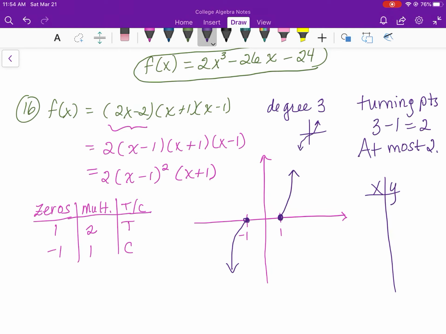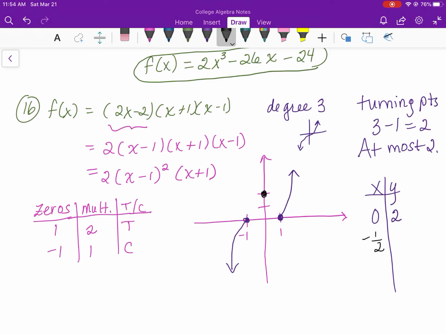If I choose 0 for my x, which is smart because that's also an intercept, I'm going to get... it looks like 1 maybe for my x-intercept. No, it would be 2. So if I put 0 in here, here, and here, I'll have 1 times 2. So (0, 2) is my y-intercept. I might have called that my x-intercept. It's my y-intercept. All right. I still know that I'm bouncing. So let's also check out what happens when I pick